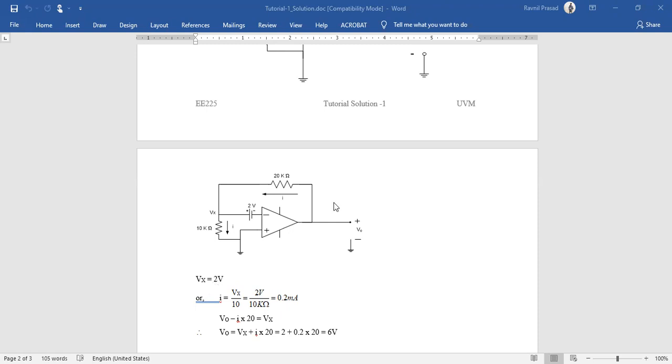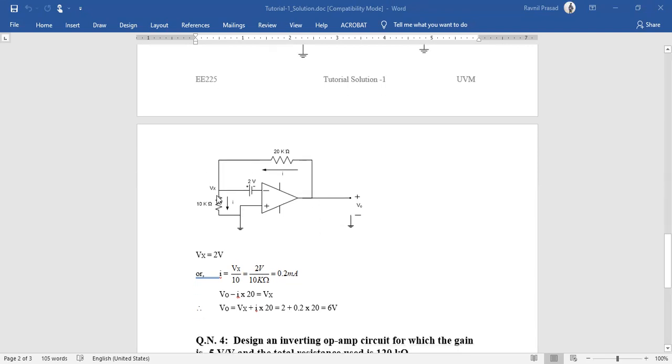So now writing the equation of this node over here, if we write the nodal equation at Vx, that would be V naught, V naught minus